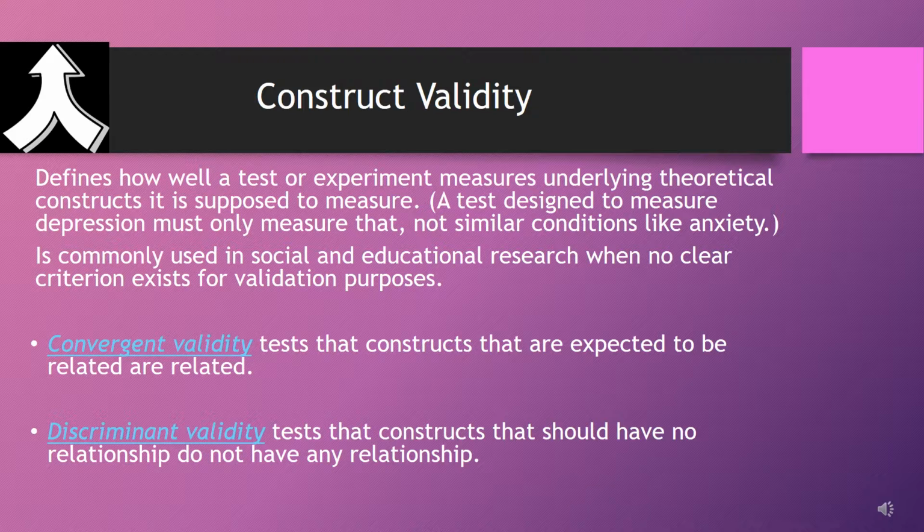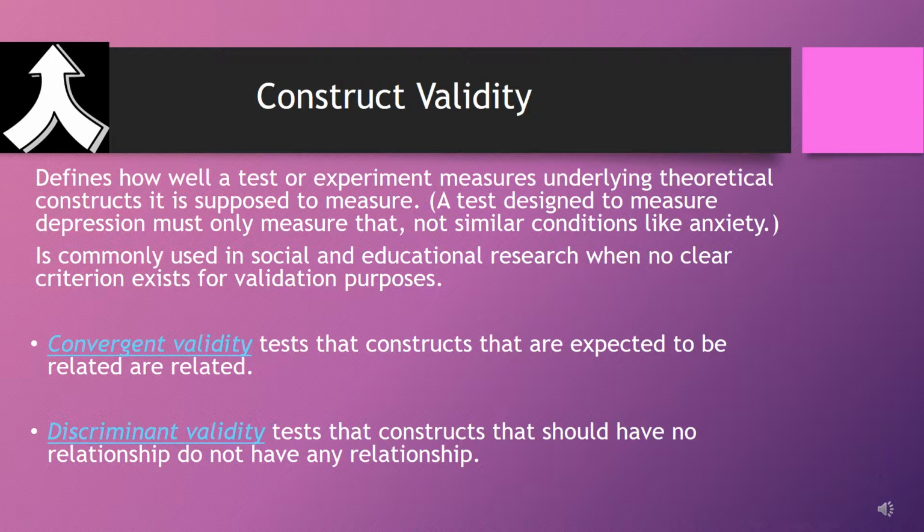Convergent validity tests that constructs that are expected to be related are related. So in our example, convergent validity consists of providing evidence that two tests in mathematics that are believed to measure closely related skills or types of knowledge correlate strongly. This is to say, the two different tests end up ranking students similarly,